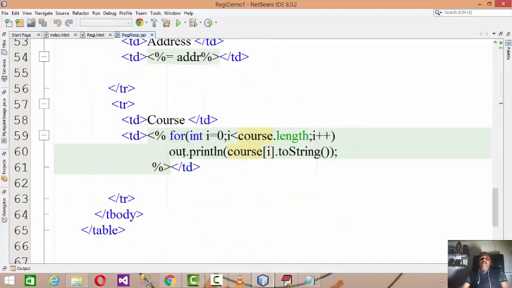Then you can print it by setting a loop for int i equal to 0, i less than course.length. Course is the name of that array, and then you print every subscript, because the entire data from request.getParameterValues is stored in the array of string, and you can print the array contents in this manner.